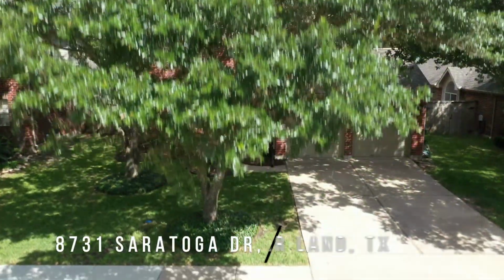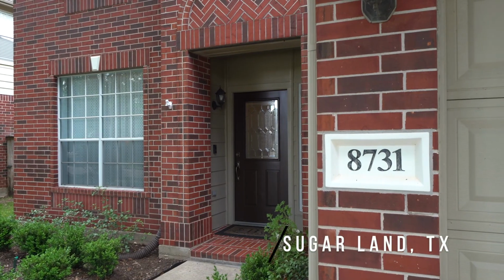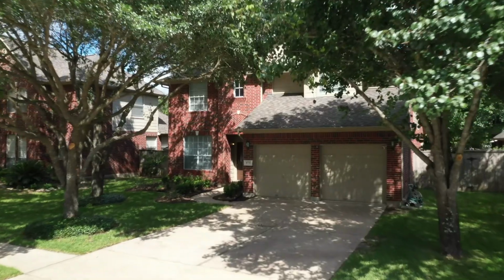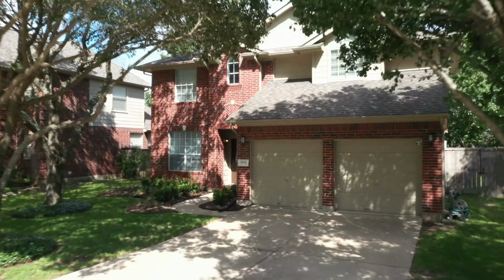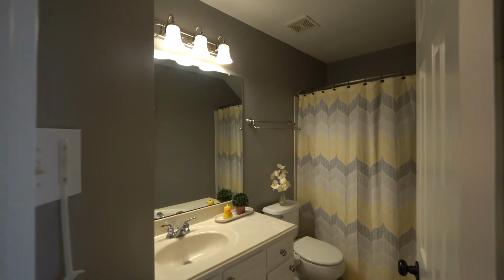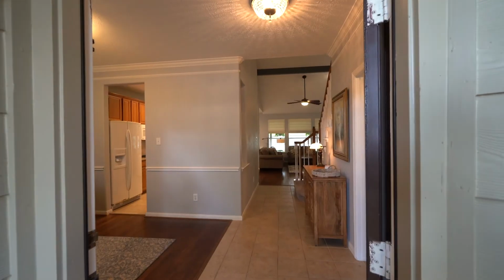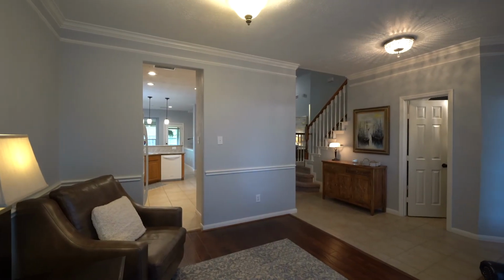Located in Greatwood Terrace on a gorgeous lot with mature trees sits 8731 Saratoga Drive. This beautiful two-story home measures 2,251 square feet and includes 4 bedrooms, 2.5 baths, an upstairs game room, and a 2-car garage. The tiled entry gives way to the dining room featuring beautiful hardwood floors and decorative crown and chair